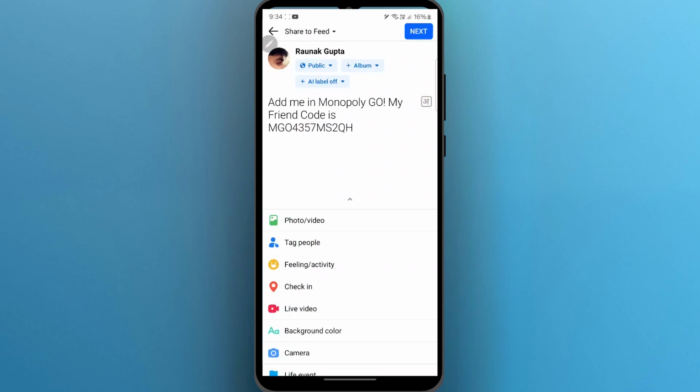You'll have to just make sure your profile is selected and it is set at public. After this, click on next, and when you click on next, your link from Monopoly Go would be successfully sent on Facebook. So that's the simple way to send Monopoly Go link on